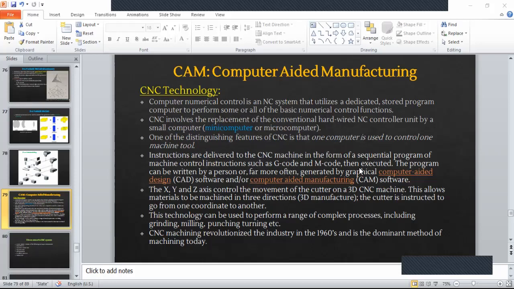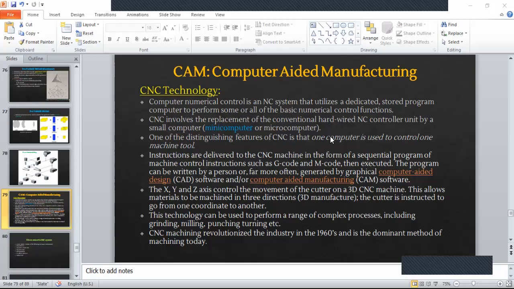Instructions are delivered to the CNC machine in the form of a sequential program of machine control instructions, such as G code and M code, then executed. So we had seen in the lab, right, the different G codes and M codes that you have. For example, linear interpolation, circular interpolation, for the tool to move either linearly or in a circular fashion, so clockwise or counterclockwise.